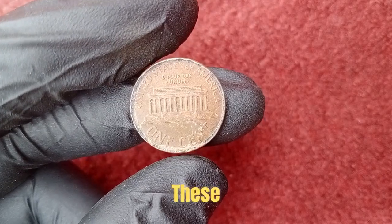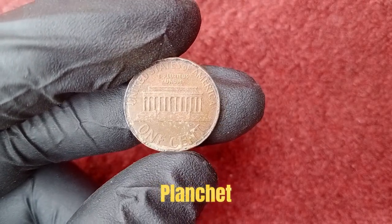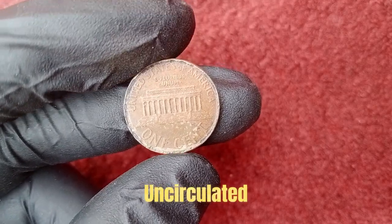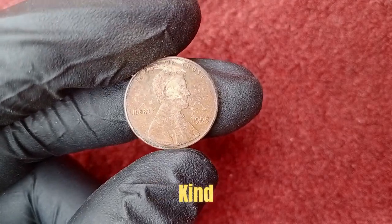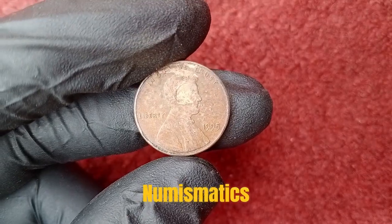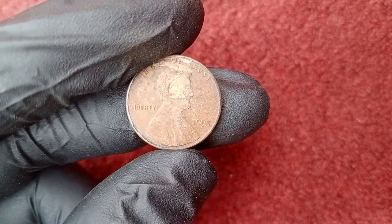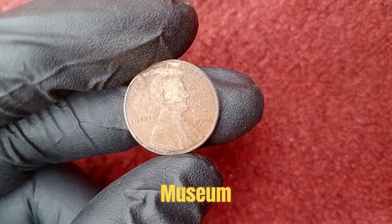And when we put all these elements together, the extreme doubling, off-center strike, clipped planchet, die crack, brockage, and mysterious mint mark, plus its uncirculated gem mint condition, what we have is a coin that is completely one of a kind, and in the world of numismatics, rarity and uniqueness are the lifeblood of astronomical valuations. Meaning that a coin like this could become the holy grail for any collector or museum willing to pay a